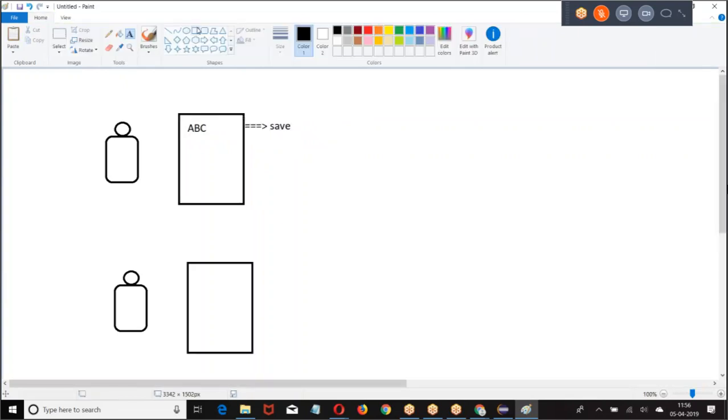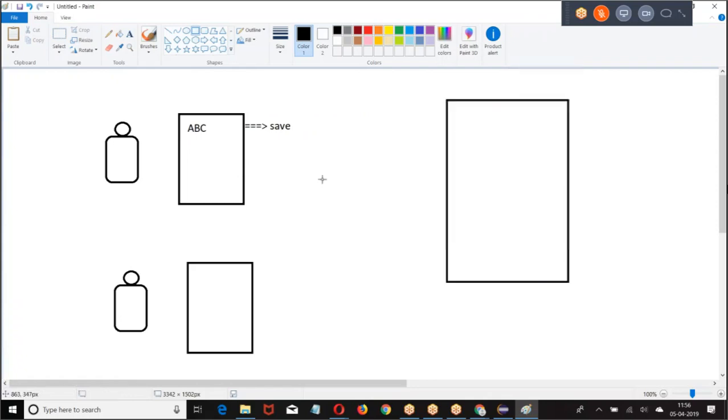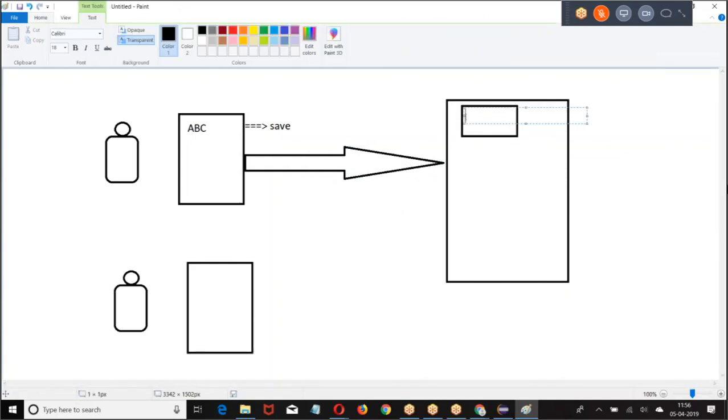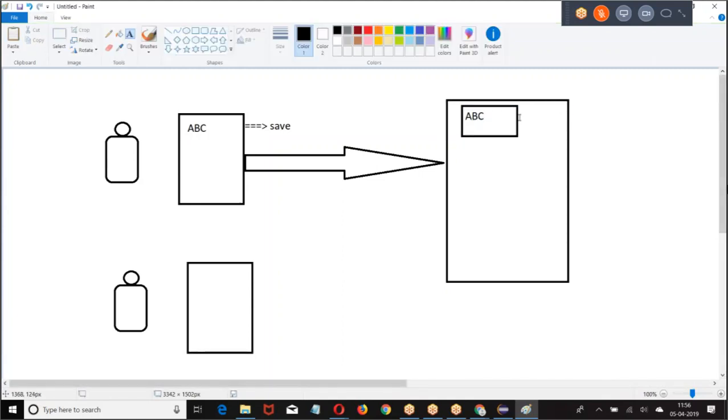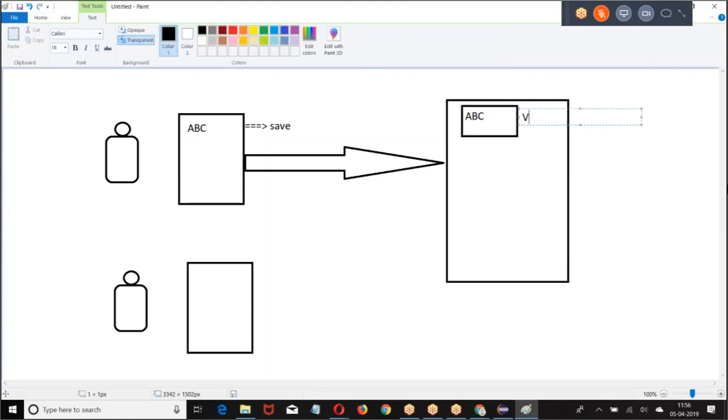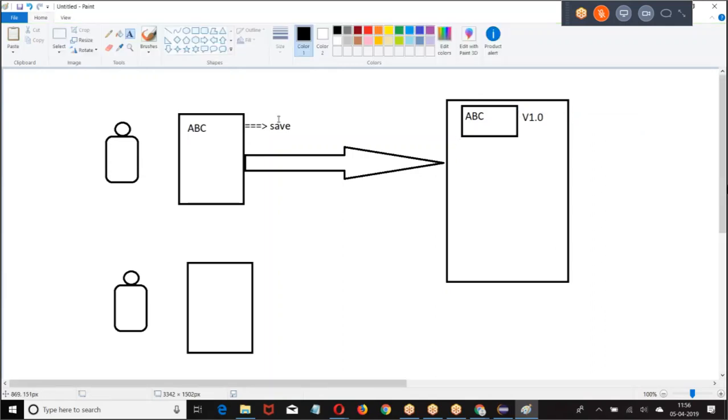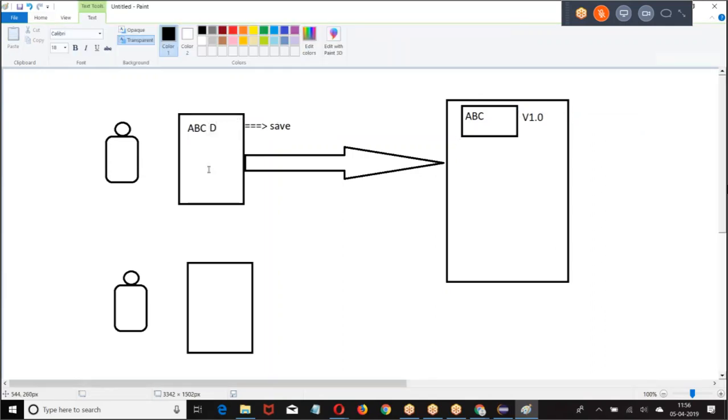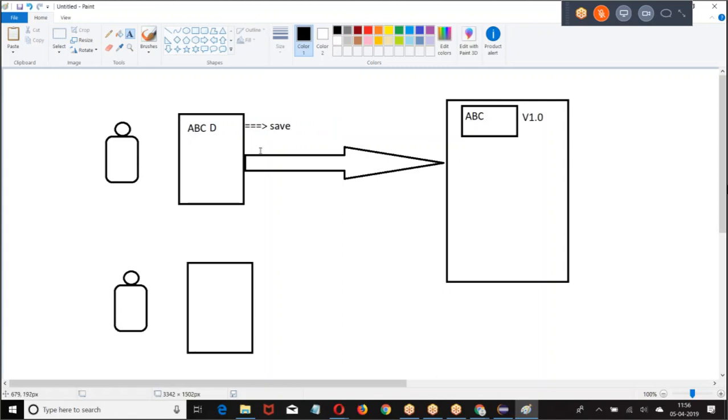Everything is working fine. If everything is working fine, he will upload the changes to production. In production, he saved the copy as version 1.0. Then again, he made some other changes. Now it is working fine. He uploaded the same code, the modifications he made, to the server. Now what was this? ABCD.